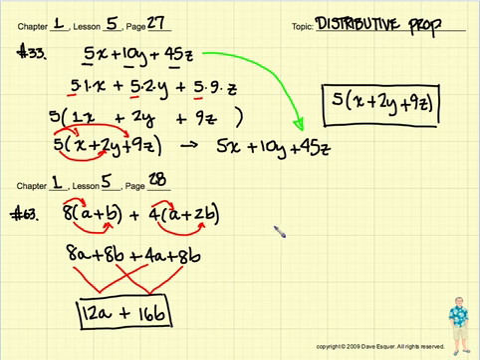If we needed to, we could also perhaps rewrite that as 4 times 3 times a plus 4 times 4 times b. 4 times 3 is 12 times a. We could factor out a 4 if we wanted to, which gives us a 3a plus 4b. Okay, but we weren't after that. We were just doing something a little as an extension here. The answer we really wanted was